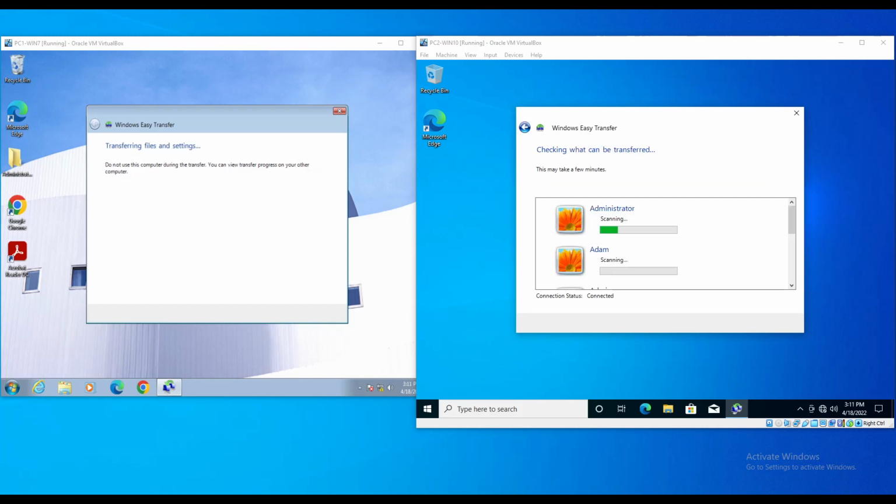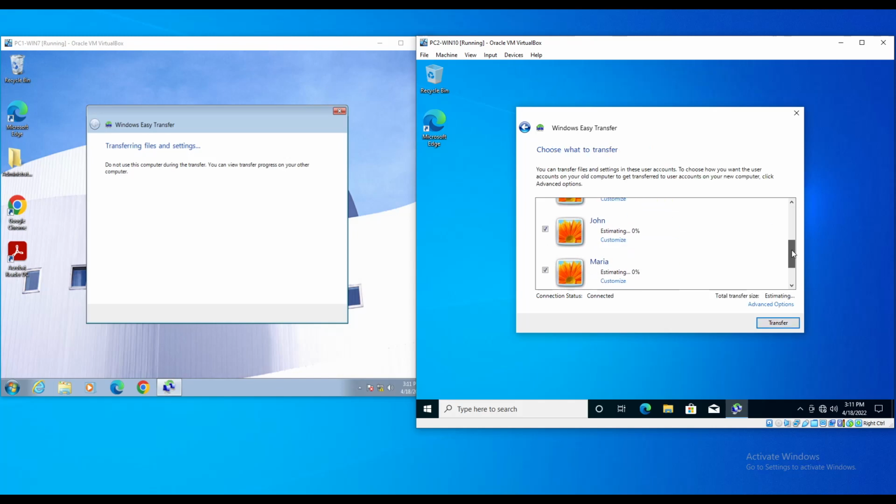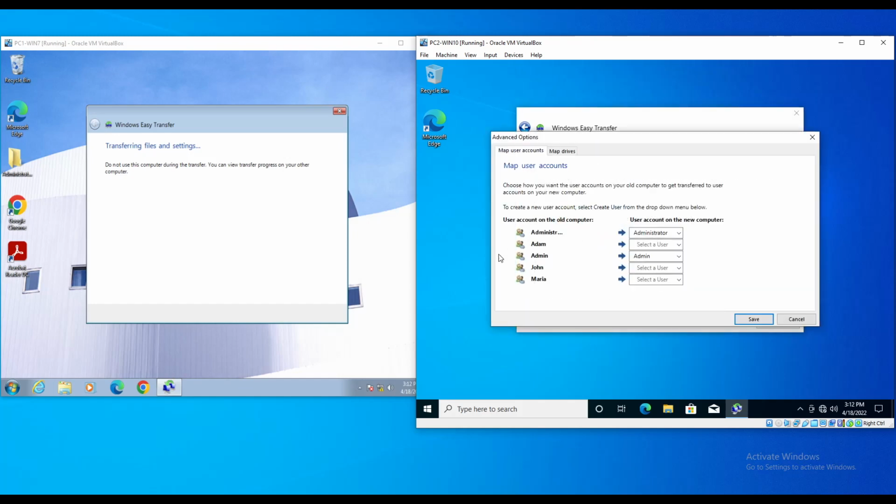Now it started to scan the profiles that exist on the old computer. I have administrator, Adam, admin, John, and Maria, and the shared items. It's scanning one profile at a time. When it finishes, it will give me the size for each profile. So if I don't want to transfer the administrator profile, I could uncheck it and so on. The thing here is at the end I have the advanced options,